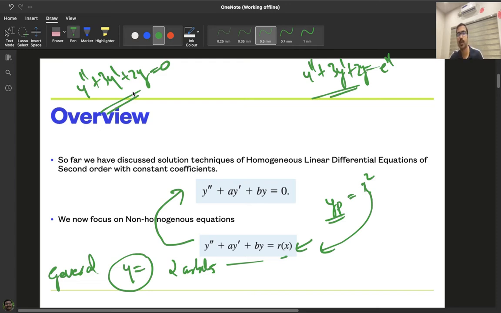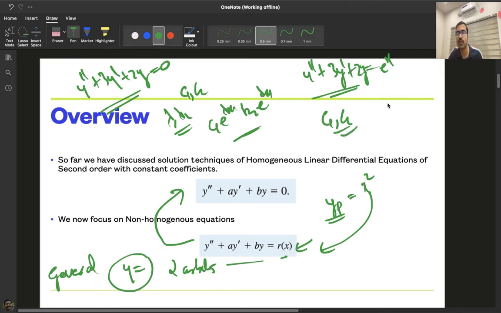If there are equal roots, distinct roots, or complex roots, we know how to write the general solution. In all those general solutions you already know that there were two arbitrary constants c1 and c2. Suppose lambda 1 and lambda 2 were the solutions of the characteristic equation, the solution will be c1 e raised to lambda 1 x plus c2 e raised to lambda 2 x. Similarly if they were equal, you know how to write the solution. In any case it contains two arbitrary constants c1 and c2.